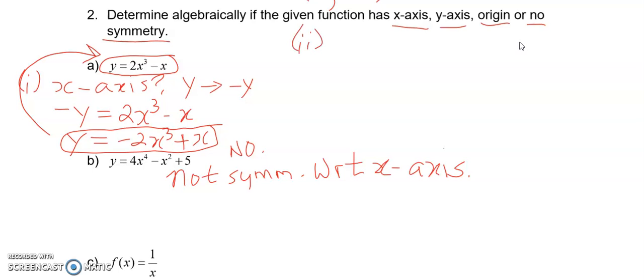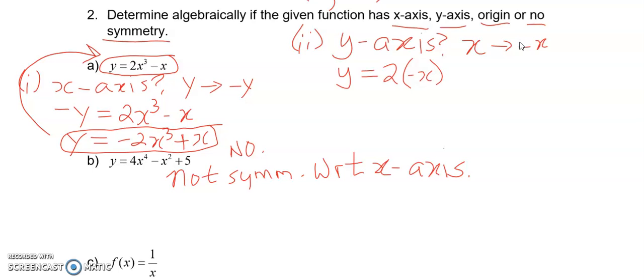Is it symmetric with respect to the y-axis? All right, so this is my second test. What I do is I replace the x with -x in my function. So here's what I will get. Y is equal to 2. Now make sure that you put the -x inside brackets and raise that to the power of 3, and then